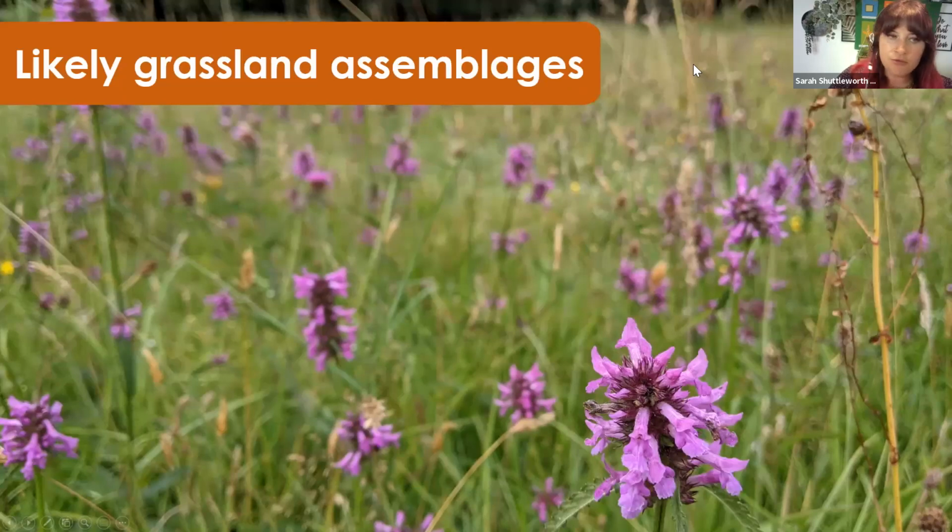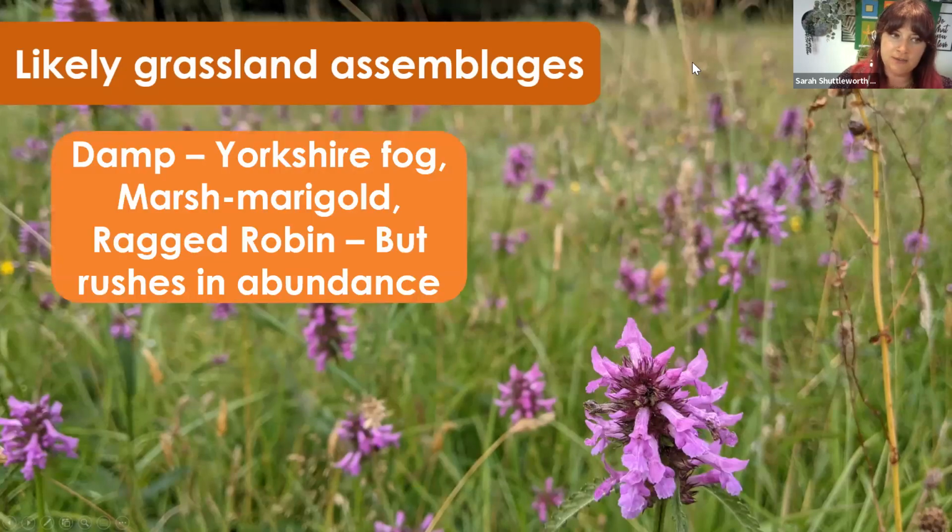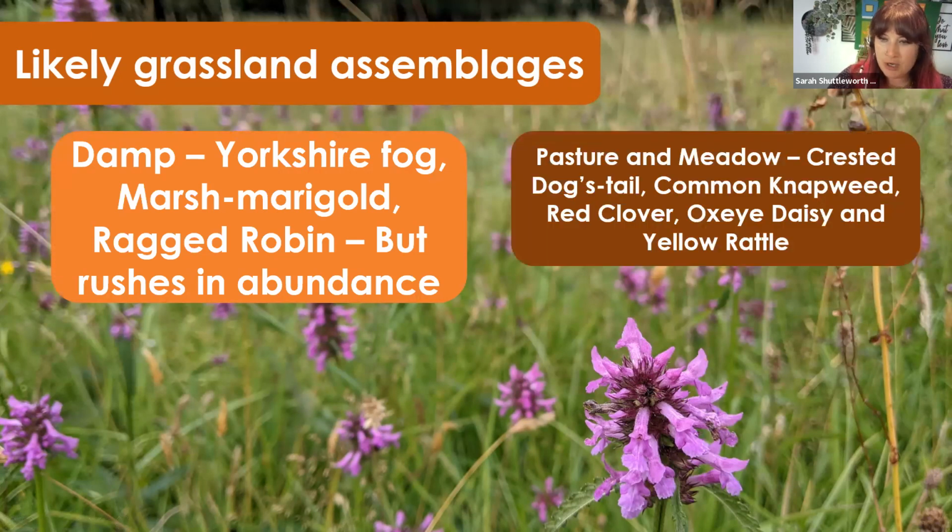The likely kind of grassland assemblages that you're likely to find. In your damp grassland, you might have something like Yorkshire fog, a bit of marsh marigold, ragged robin, but again, remember those rushes will be in abundance everywhere. Whereas your pasture and meadow, you might have something like crested dog's tail, common knapweed, red clover, oxeye daisy, and